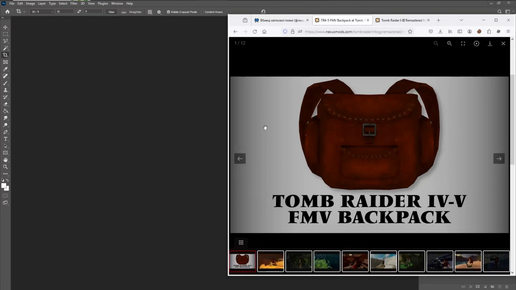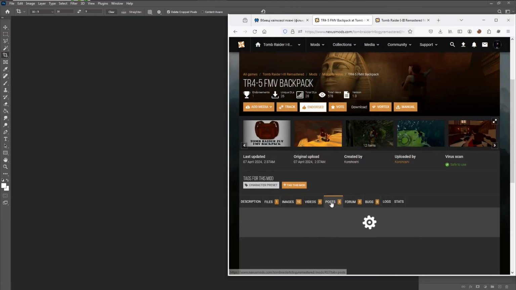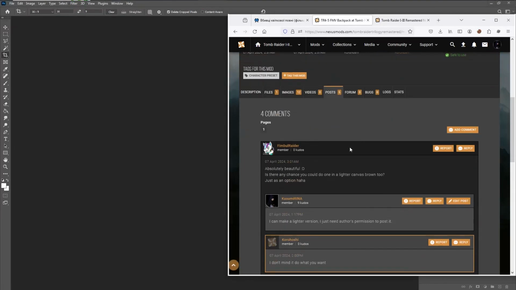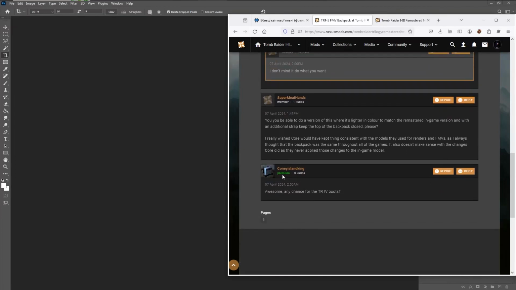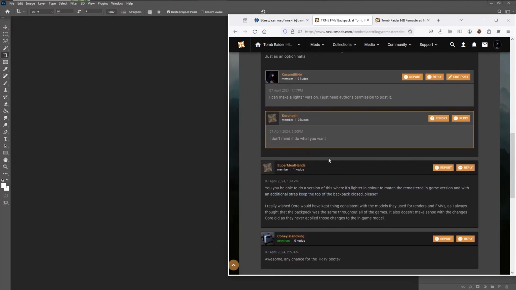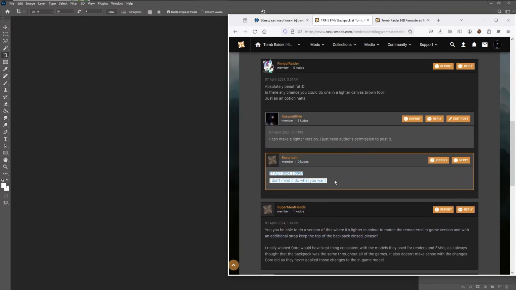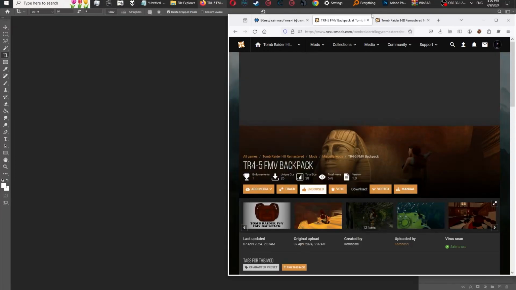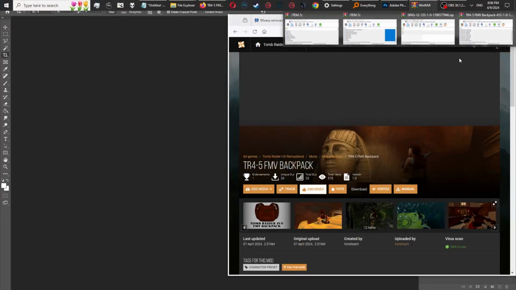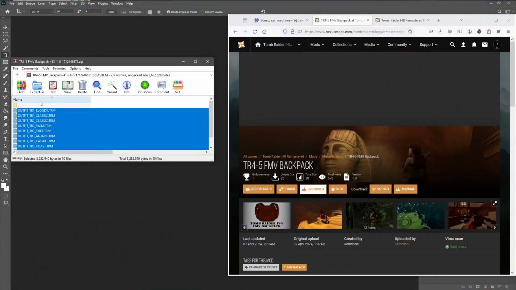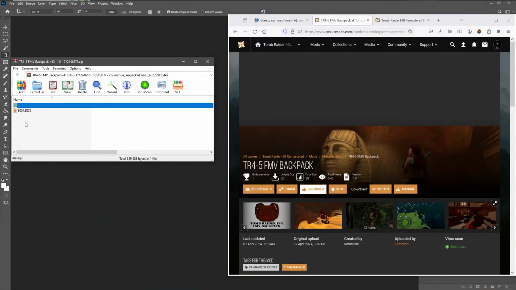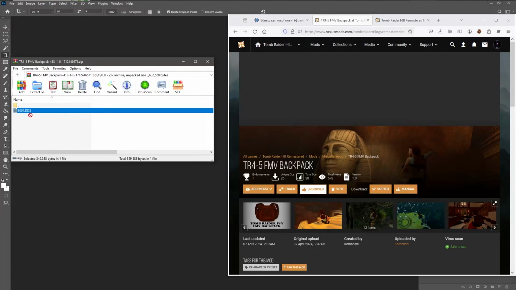I'm just using it as an example because people were asking for a lighter canvas brown option, another one too, and the developer of the mod gave permission to edit. So what you do, you open the folder. Here's the texture that we got,